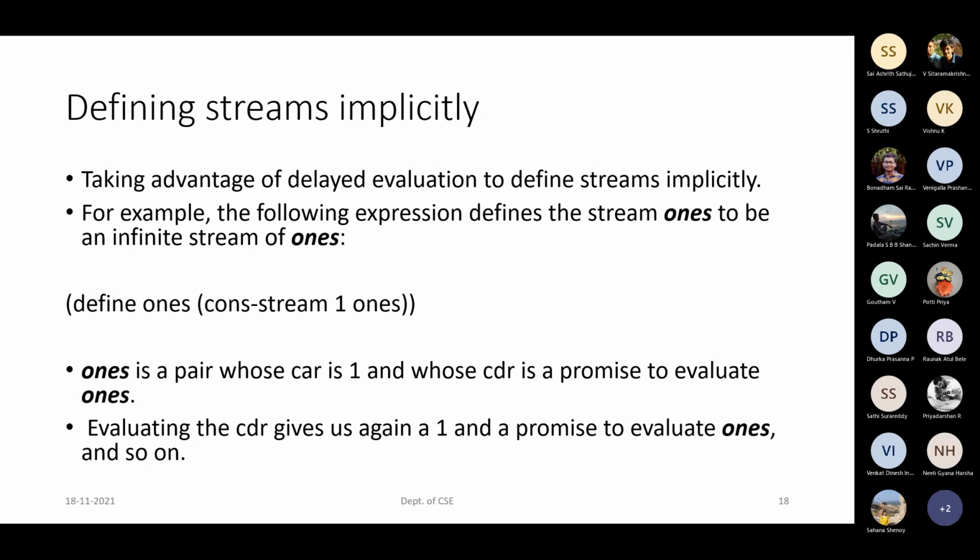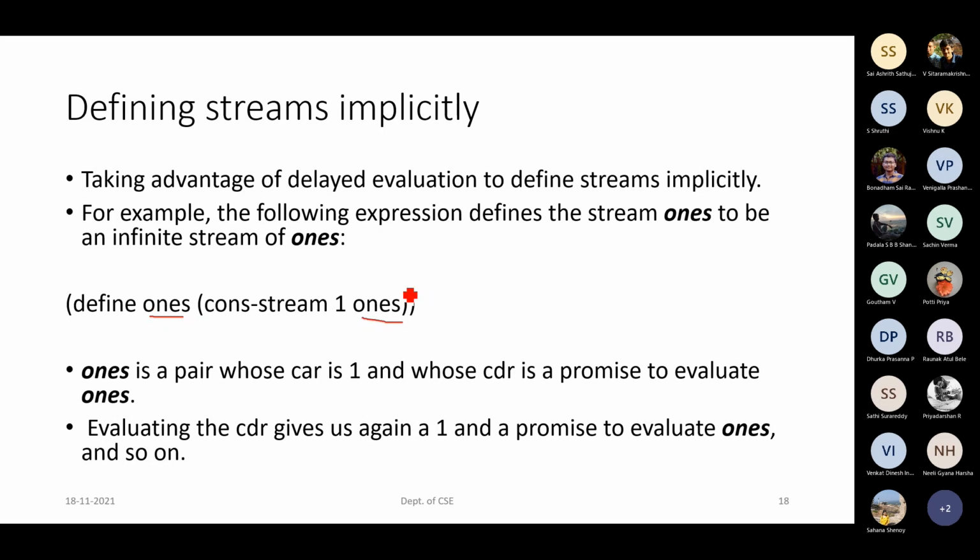Based on the requirement only we are generating the remaining part. So if you see this example, define ones. Ones is a variable, and I have used const stream 1, and as the second part, I have reused the same variable name for the second portion.